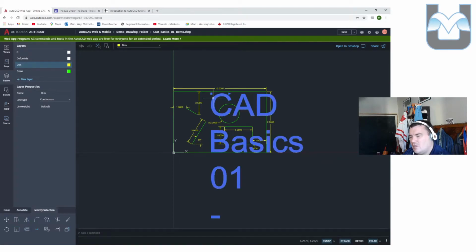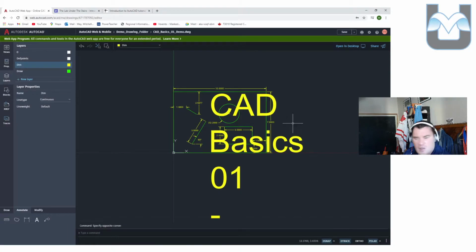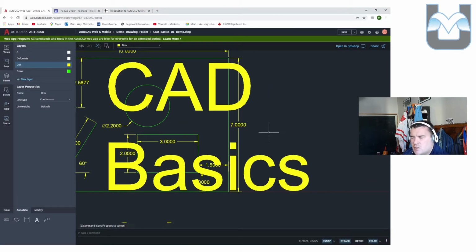So all I'm going to do is click on this, and again, I'm going to use the select tool. If I select from right to left, you notice that I get this green box, but if I go left to right, I get this blue box. The blue box isn't really good for selecting stuff here. The blue box only works if you select the entirety of something. So I can select this